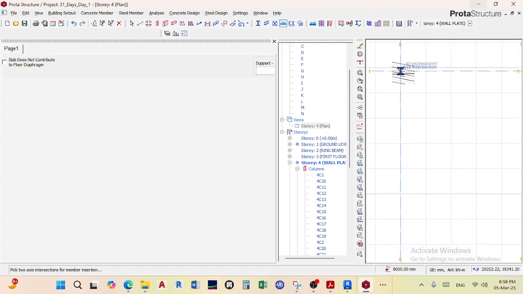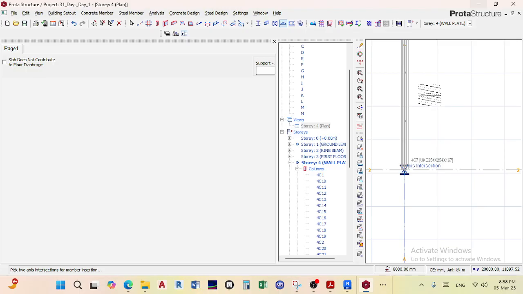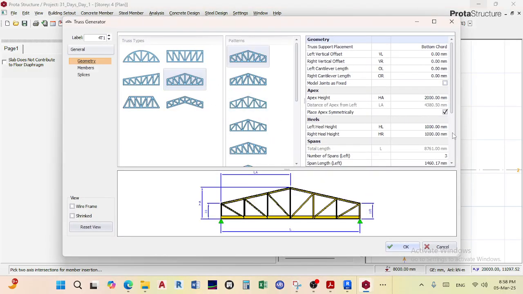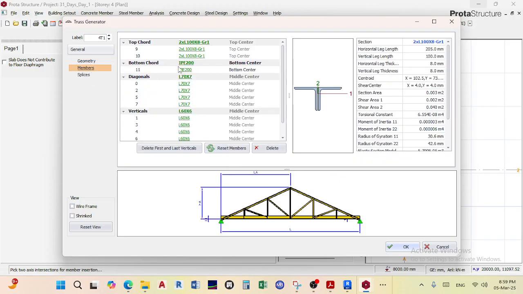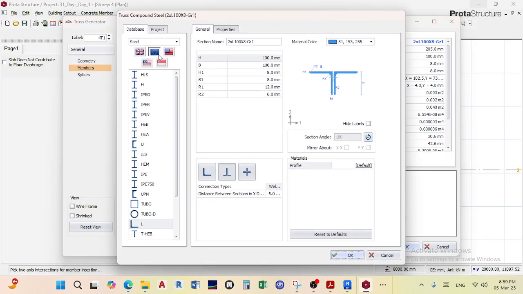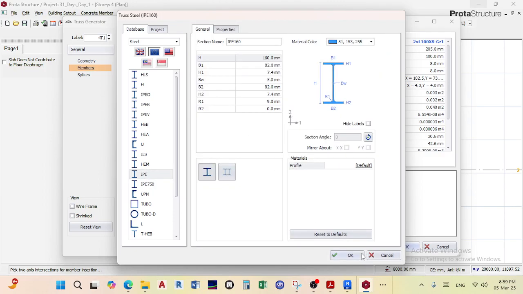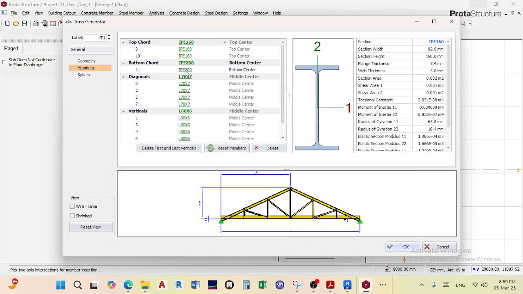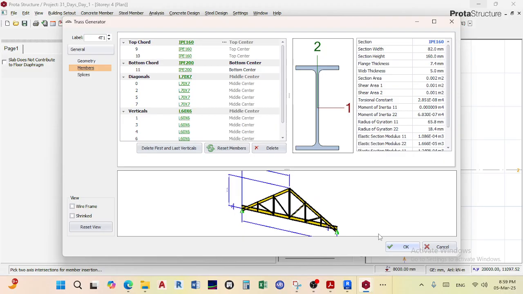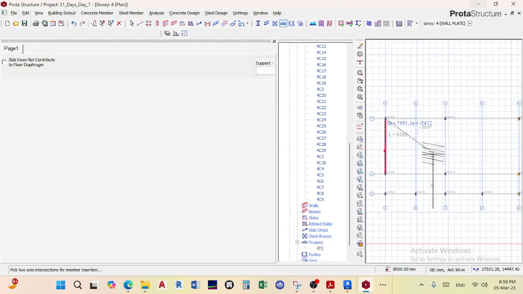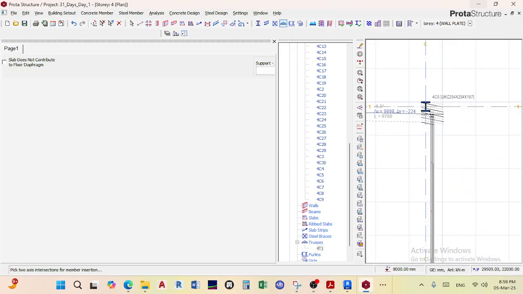From there to there, I'll choose this one, and then I'll change this to 0 and this to 0, and then I'll change my members also, top and bottom chord. I'll use an IP 200, 140, let me use 140, or maybe 160 for my top chords. For my bottom chord, I'll use a 200, and then everything else will remain as is. So from there on, we can copy there